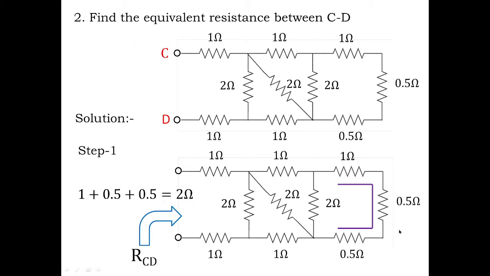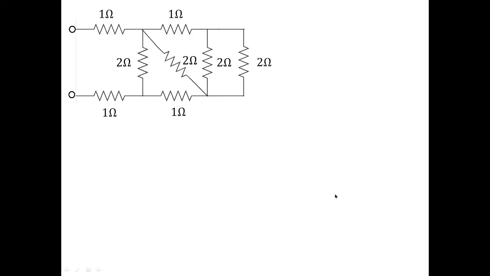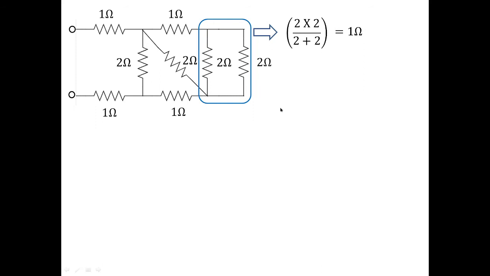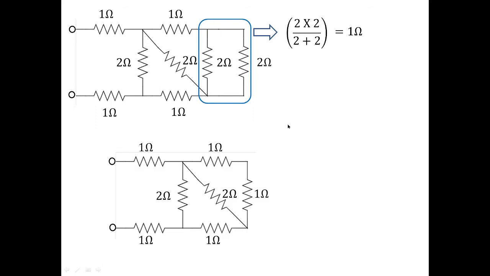Okay, so this is done with 2 ohms. Now that 2 ohms is in parallel with 2 ohms. So this is how the parallel combination is, and this parallel combination will result in 1 ohm. Now you can replace this 1 ohm in series with this 1 ohm in this fashion. So 1 ohm and 1 ohm are in series, and the net value will be 2 ohms. And this 2 ohms again is in parallel with the new 2 ohm resistance which we have identified, which is making this problem different from the example 1 problem.